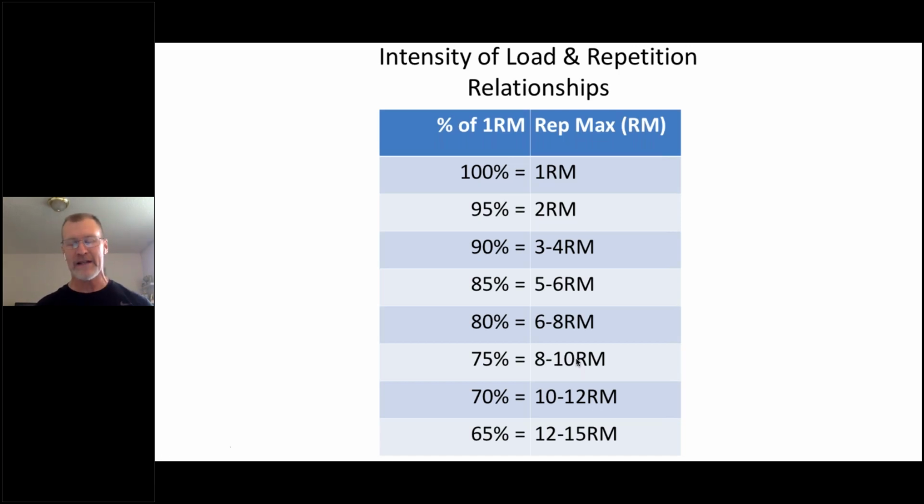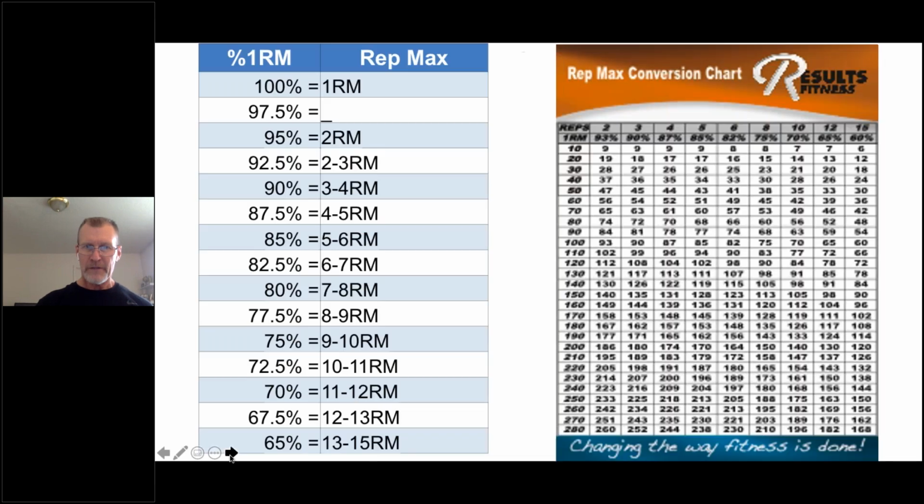Okay, the exact amount is highly variable, and there's some really cool stuff that the guys over at Data Driven Strength have done, trying to customize a personal one rep max or rep max chart for you based upon your own performance. If you have low rep capacity, average rep capacity like this, or the ability to do a lot of repetitions with a high percentage of your one rep max, you can dial that scale in. But the key thing to understand, and I broke this chart down a little bit further here